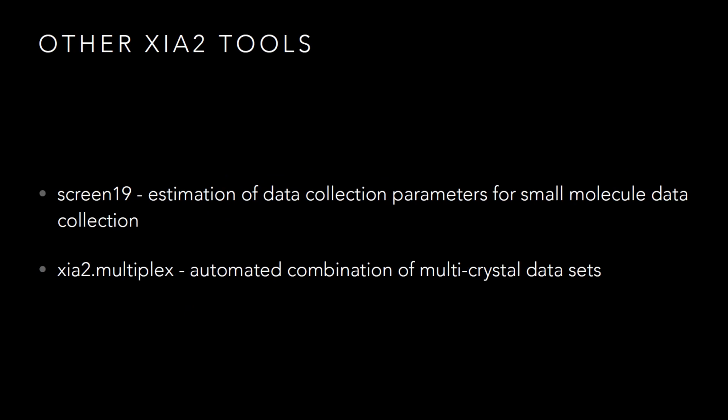So there's one called Screen19, which we developed at Diamond to solve the problem of chemical crystallographers using a Pilatus detector. So for those of you who don't know, small molecule crystals occasionally diffract exceedingly well. If you put one of them on an undulator beamline, you get very strong spots. Pilatus detectors do not like strong spots. So what we found is they were used to using CCDs when they were very, very weak, weak